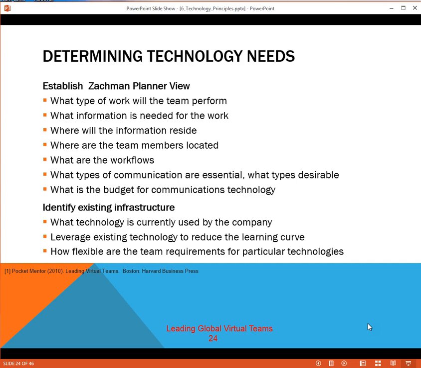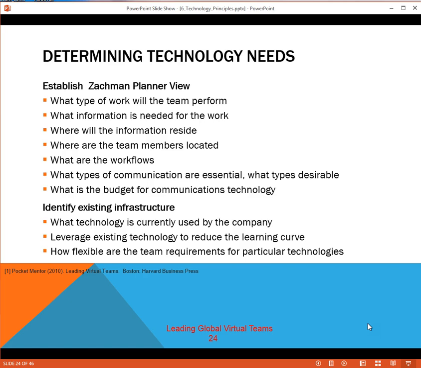The Zachman Framework is for defining enterprise architectures, database bus architectures, and numerous other technical architectures. It is the cross product of the journalistic questions and the system development lifecycle. The top view is the business analysis phase of a project and is a good starting point for you to determine what technology you need. The business needs for your virtual team will help in the design of a technical tool set to assist the